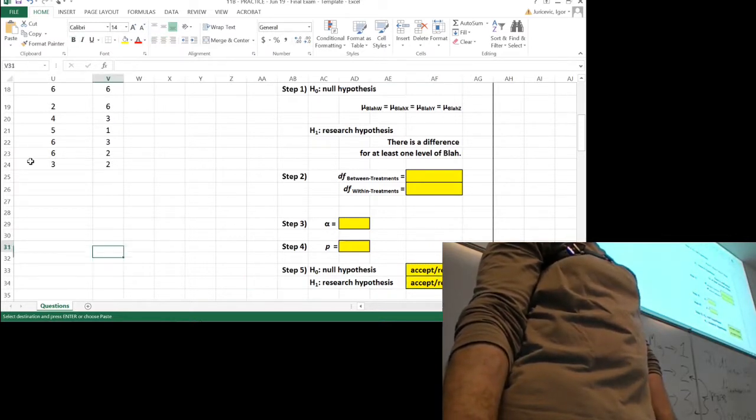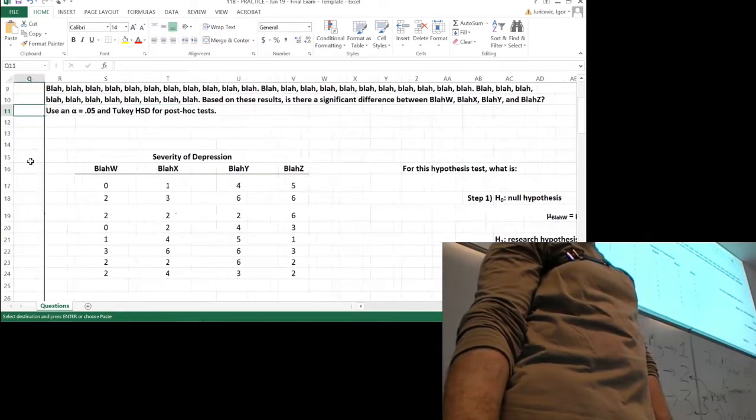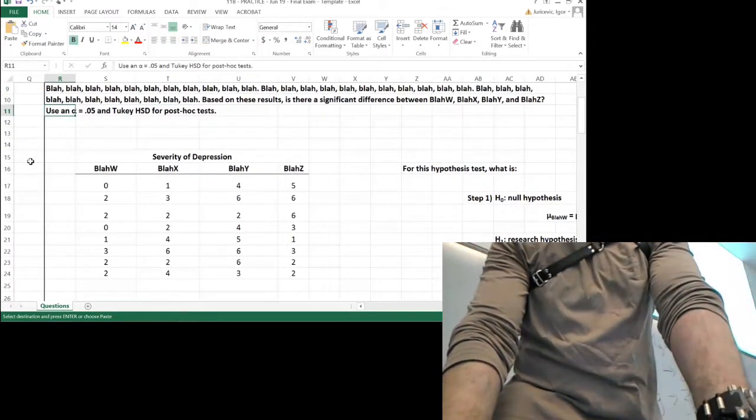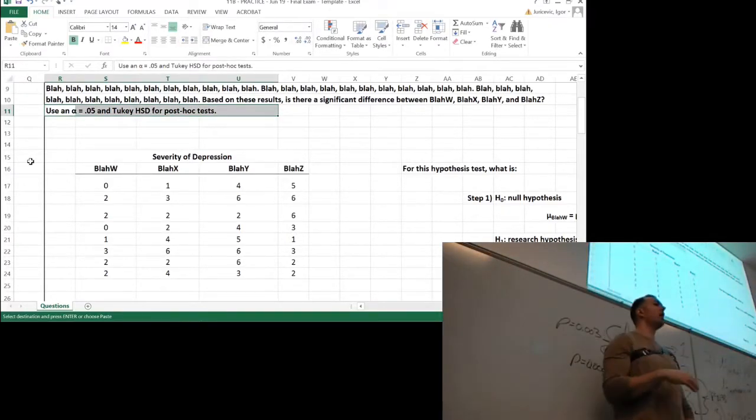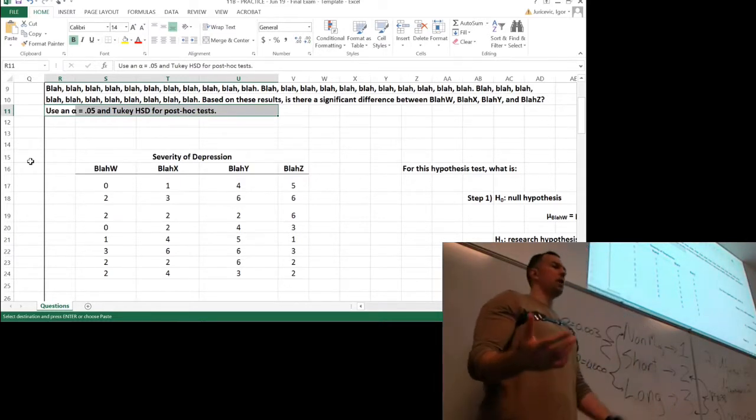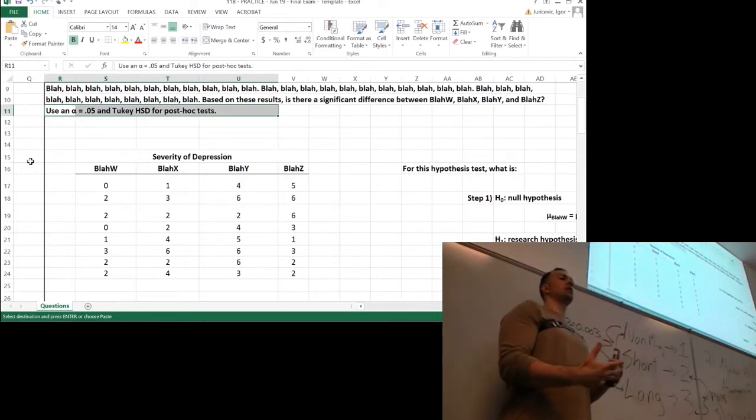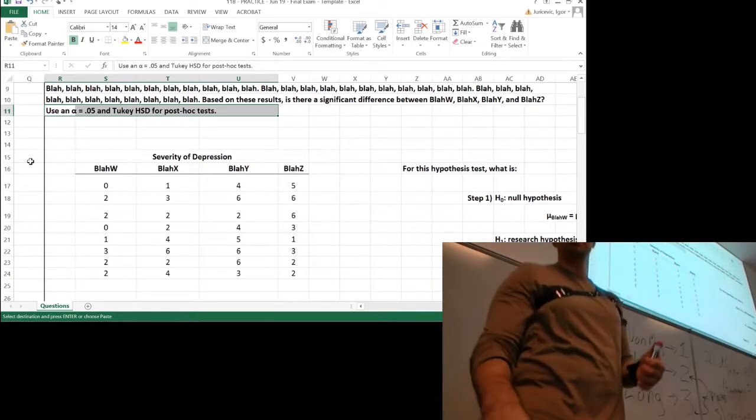And then in the question itself, I will let you know in that last sentence there, number one, what your alpha level should be, and then number two, which post hoc analysis to do. So in this case, I'm asking you to do a Tukey honestly significant difference post hoc analysis. Remember, that is the Tukey option. I might ask for a Sidak, I might ask for a Bonferroni. Make sure that you click on the right option for that